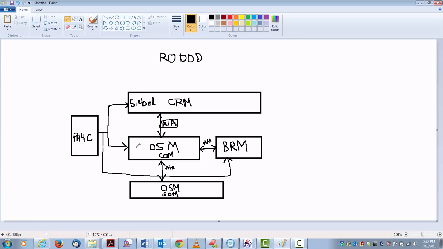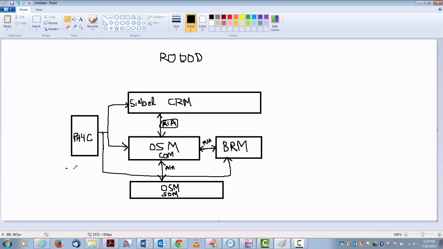So the offers or the product classes are created and product definitions are done in PH4C and synced to the various systems before they can start just accepting orders. So product design is done here in PH4C in the Rodot.